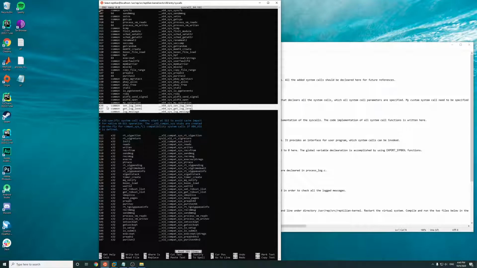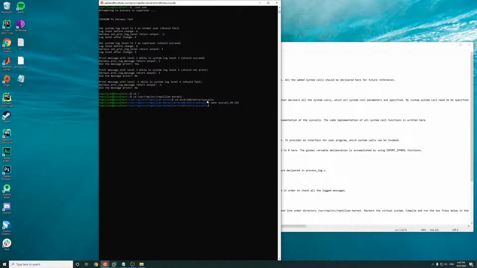And here are all the syscalls that are defined for my project. As you can see, it follows a really specific syntax format, the x64 sys and everything else. And that's basically how to declare a syscall number. The next thing to do to get a syscall is